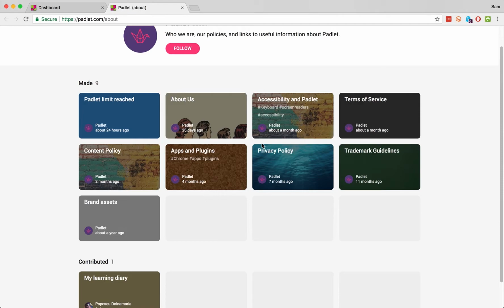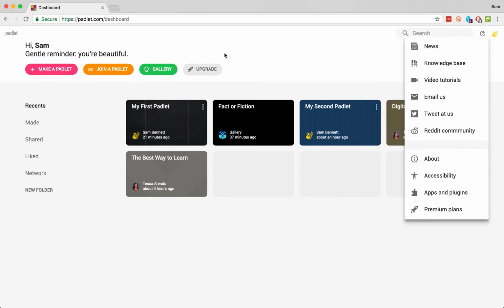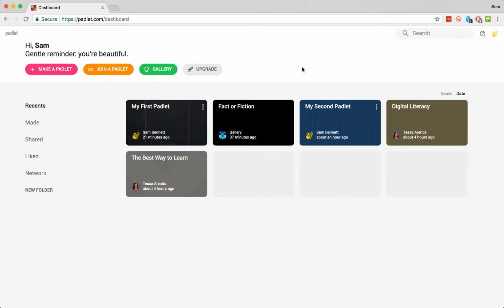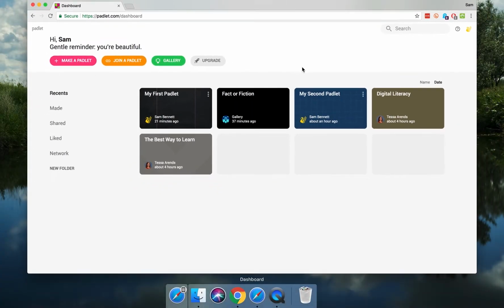Now, let's talk about some things that we can do to use Padlet for, because that's really what you want to find out, is what can I use Padlet to do. So there are many options out there, and in fact there are lots of different Padlets that people have put together to show what you can do with the Padlet. So if we go to that